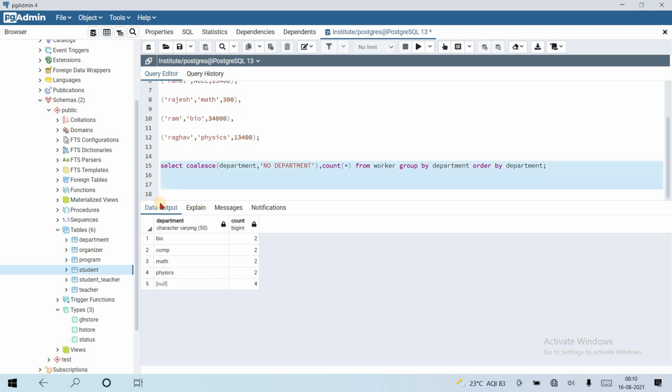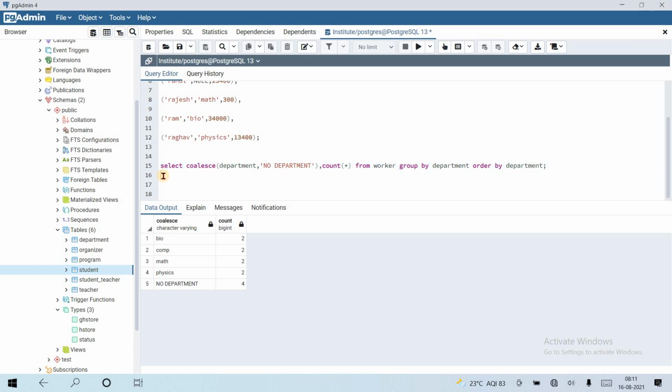Okay, let's see. Yes, at the position of null, it will replace it with no department. If a value is found, then it is written: bio, computer, math, physics. If it is not found, then it will replace with no department. That's how we can handle null values in the having clause.